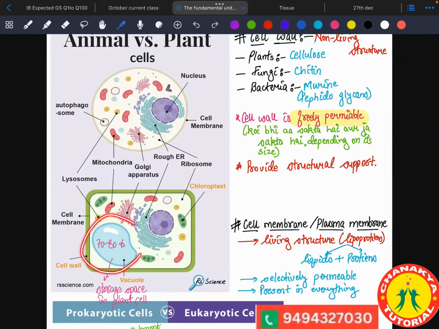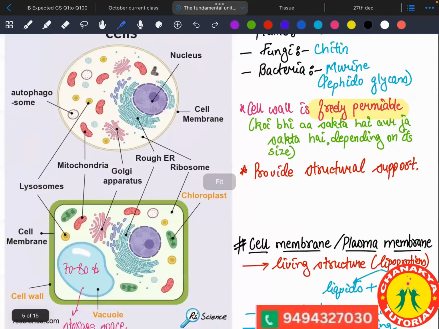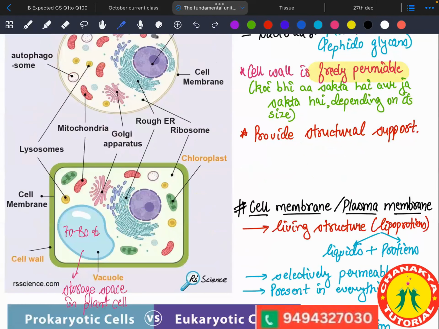So basically, the plant cell contains a vacuole. An animal cell may or may not contain a vacuole. Okay, so mostly it does not contain a vacuole? Or does it contain one? Let me confirm. Yes, but very small vacuoles. I don't think there is a need for a vacuole in animal cells. Some animal cells do, sometimes. But in very small quantity, so that's the reason I don't think it's mentioned here.